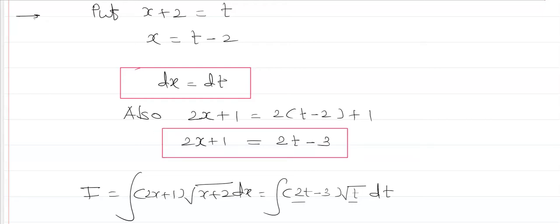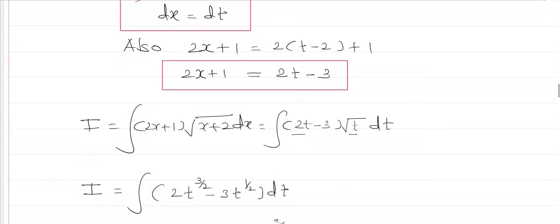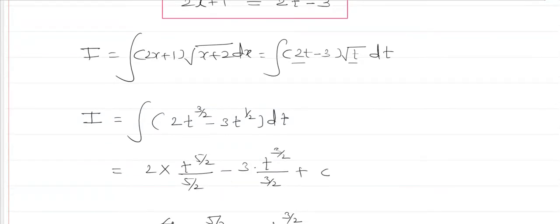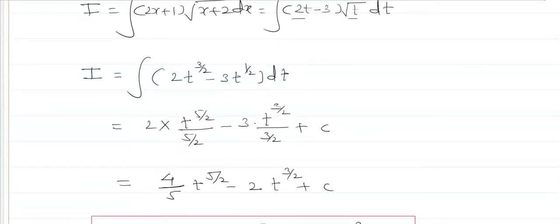Okay. And now see our integral. I is equal to integral of 2x plus 1 into root of 2x plus 1 into dx. This is the value of 2x plus 1, it is 2t minus 3. Again this is root t. Since here it is root t, we will simplify this bracket. That is 2t into root t. Therefore you will get 2 into t raised to 3 by 2 minus 3 t raised to 1 upon 2 into dt. Many students say, sir, you should speak in Hindi also. I am trying Marathi, Hindi, English.